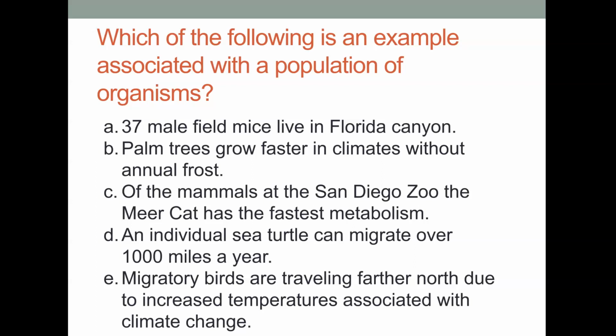Let's see, what's wrong with D? An individual sea turtle can migrate over 1,000 miles in the year. Again, populations mean a group. So if we were to talk about a specific kind of sea turtle, like a leatherback sea turtle, or a green sea turtle, or